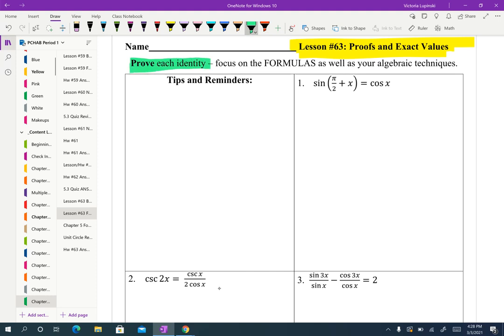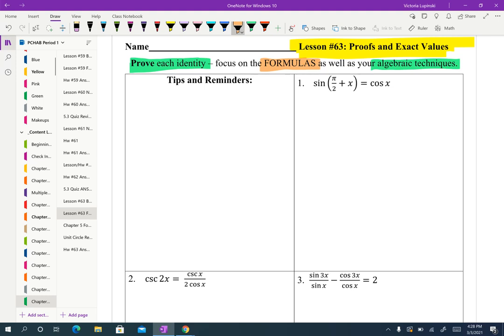While you're going to continue to use those same algebraic techniques like common denominators and hidden identities and factoring and substitution and all that good stuff, the reason why some people find these proofs much easier the second time around is because they are extremely formula driven. And by formula, I mean the sum and difference formula, the double angle, the half angle. If you don't find yourself using one of those formulas at least once in the problem, then that's kind of letting you know that you're on the wrong path, since that's kind of the focus here in the later half